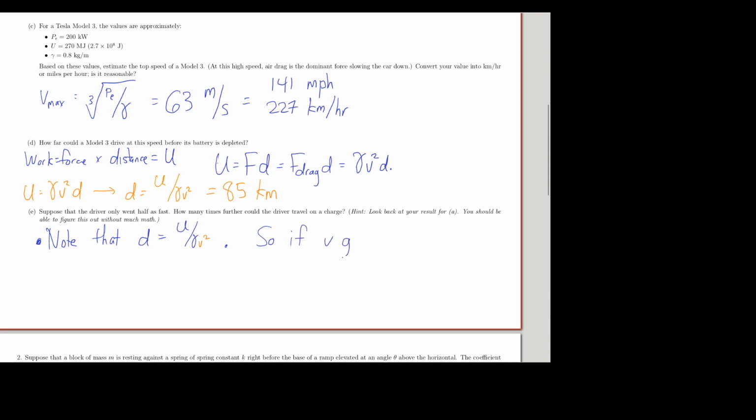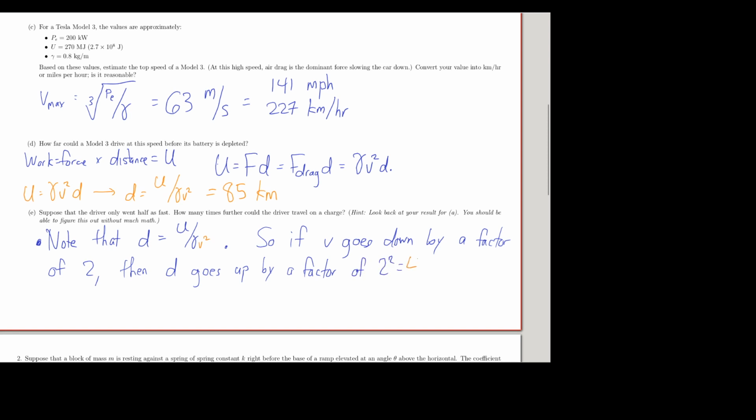So if v goes down by a factor of 2, then d goes up by a factor of 2 squared, which is 4. So the answer here is 4 times